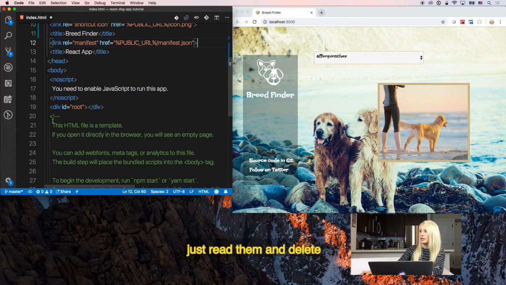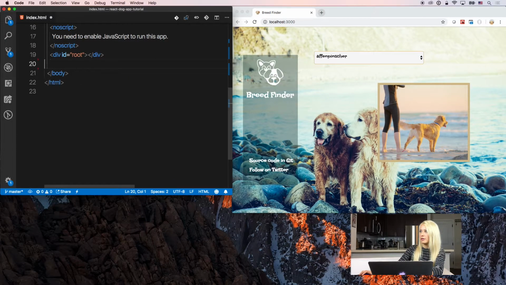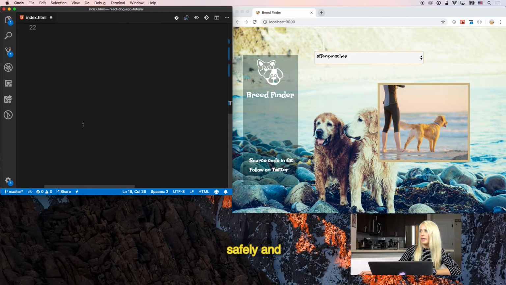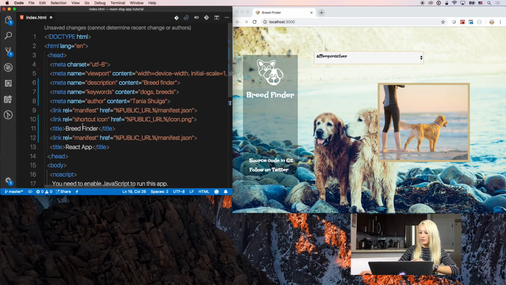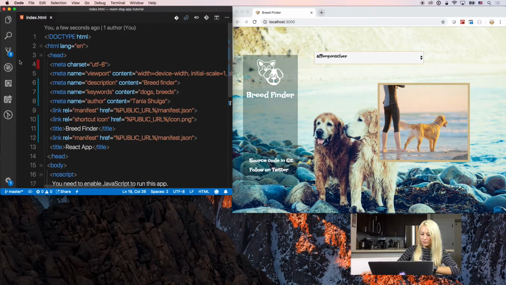Just read them and delete them safely and save the changes. So you see this dot disappeared. Command S, I changed this, I saved the changes.